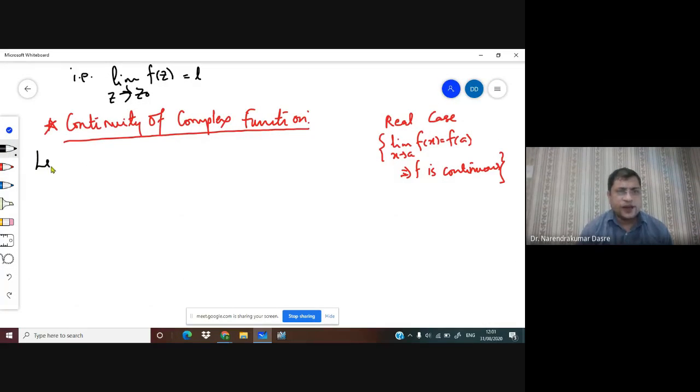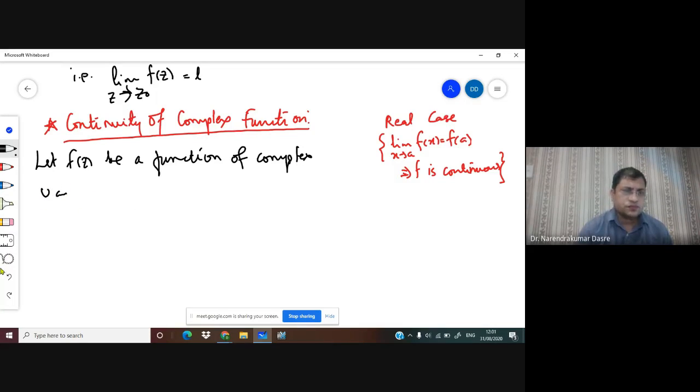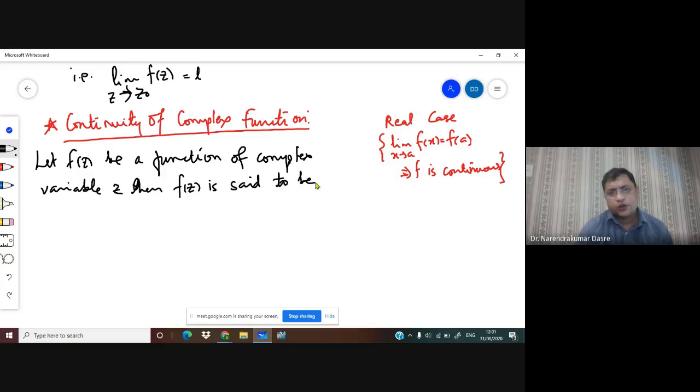So we write: let f of z be a function of complex variable z, then f of z is said to be continuous at z is equal to z0 if